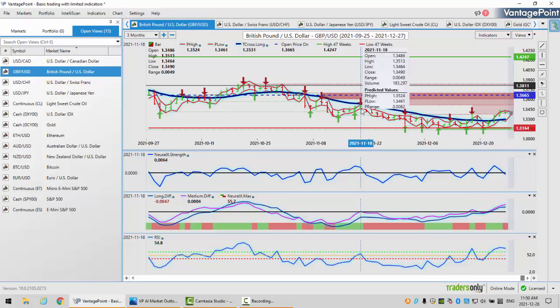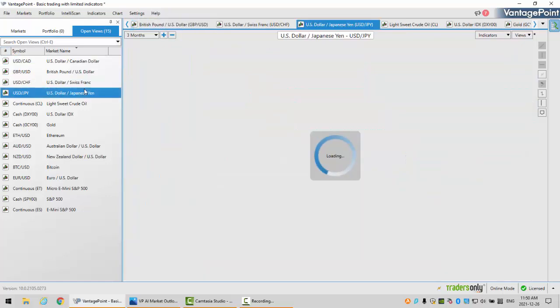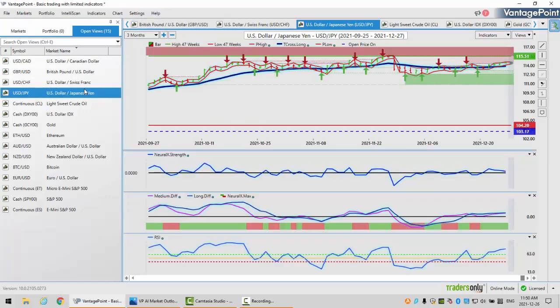Now, we do have a significant verified resistance high, coming in at 135.13. I would be very cautious around this particular area for a reversal back to the primary trend, which is clearly to the downside. Now, with dollar yen, I believe that this could be one of the few places where the dollar could still make gains going into year end.